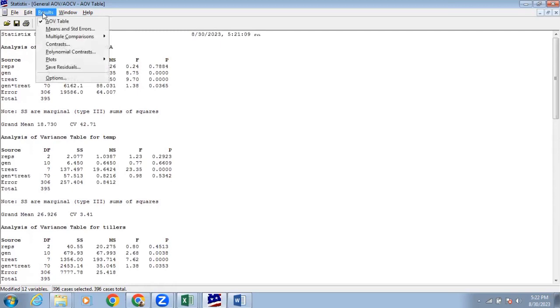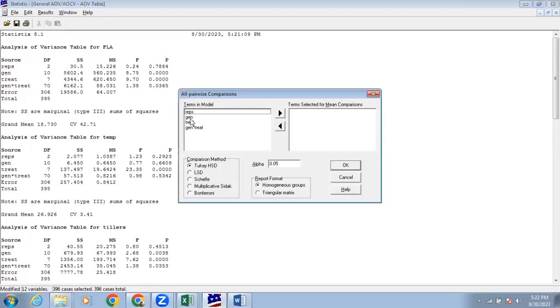Now, results. You have done the analysis of variance. Multiple comparisons, all pairwise comparison. Click that, that is the post hoc. We are interested in treatments. We are not interested in genotype because we have 11 genotypes. We are not interested in them one by one. We are just interested in how these treatments affect all the variables significantly. And we will choose